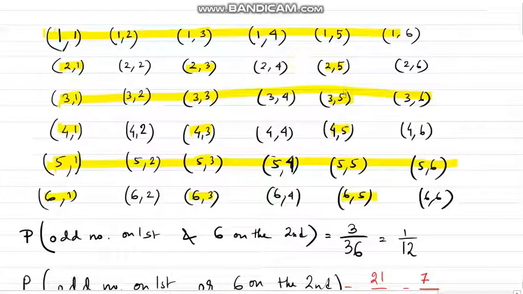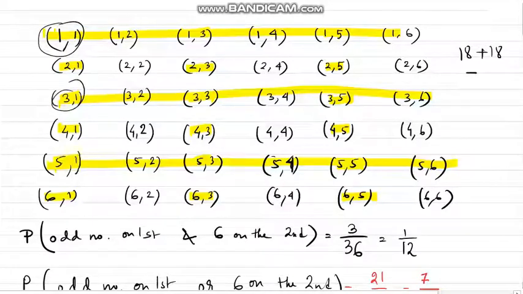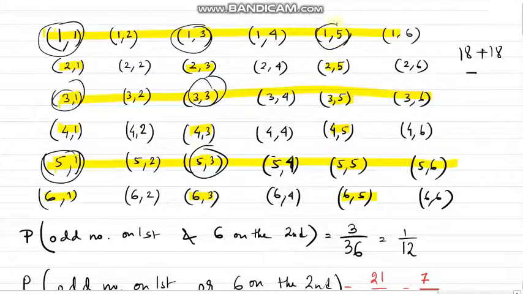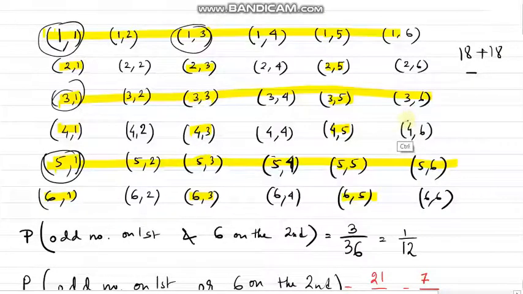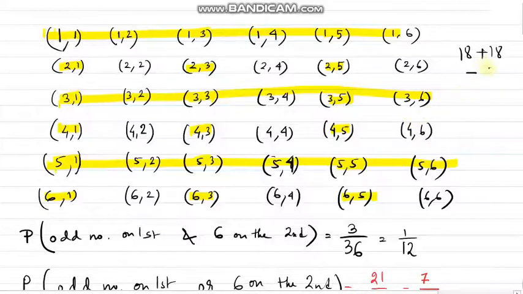Ready? So an odd number on the first die, an odd number on the second die, any of this, if I calculate the total, it will be this 18 plus this 18, 36, minus these outcomes we have to subtract because they were happening twice. We can't take the same outcome two times, right? So if I do that, then the total number of outcomes will be 27, right? So these 27 outcomes contain an odd number in the first die or in the second die.